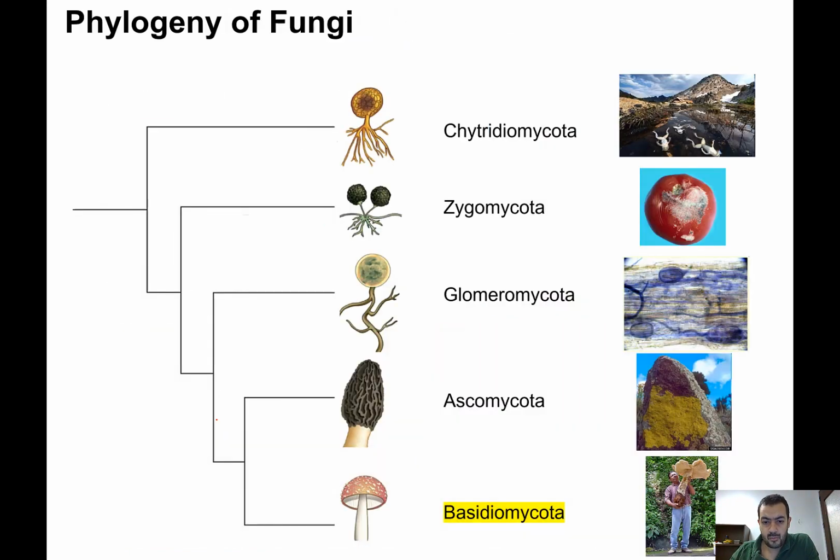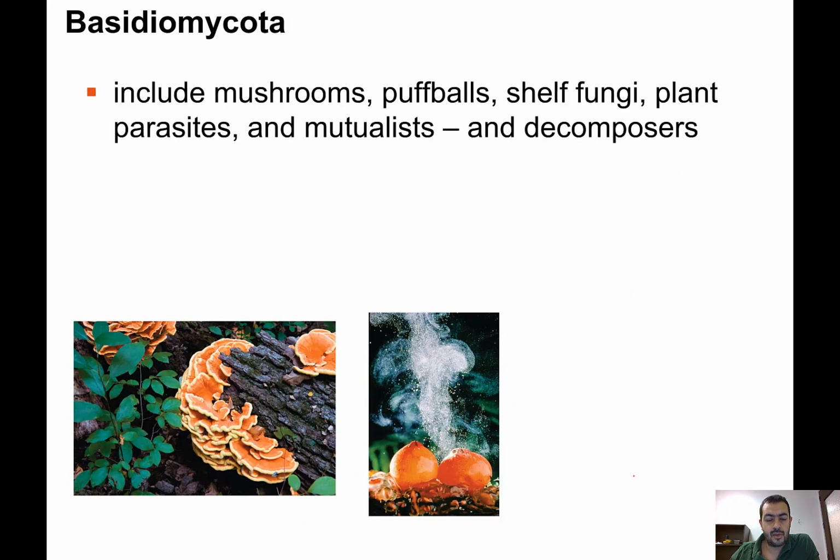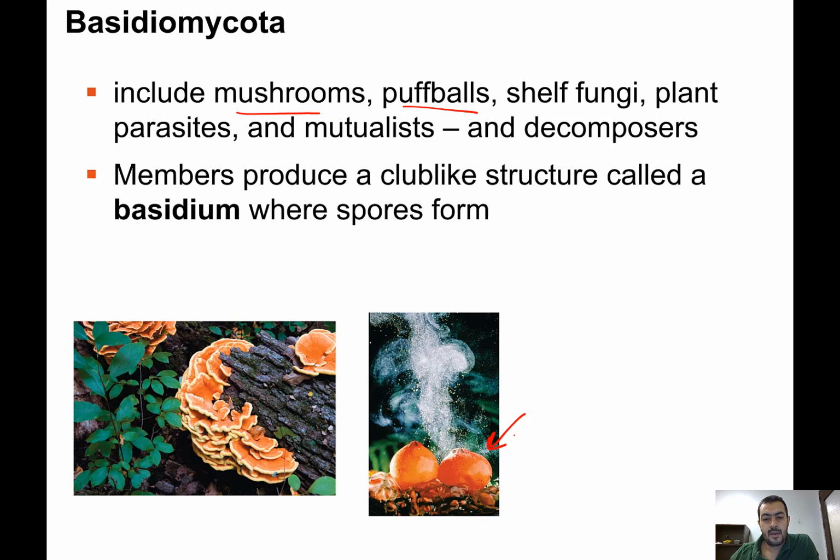The last group is the Basidiomycota, and as can be shown here in this image, they include the mushrooms, the puffballs, which is the image here, and the shelf fungi. They can be plant parasites or mutualists and decomposers. And one characteristic thing about this group, we call them the Basidiomycota because the members of this group produce structures